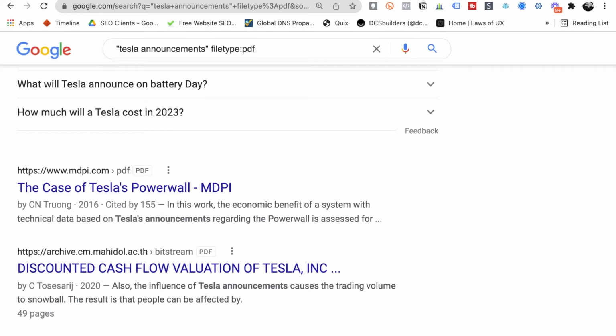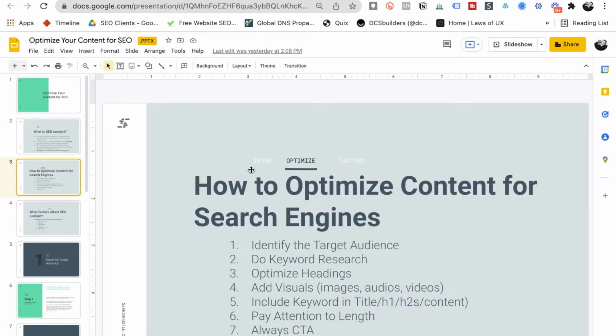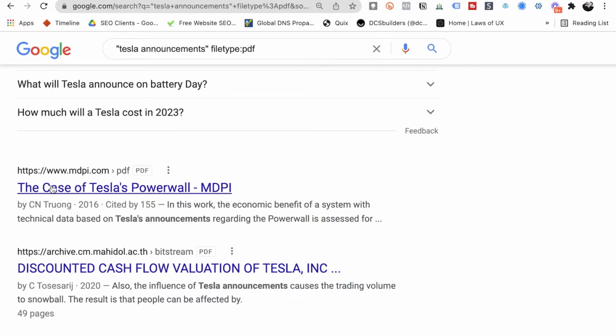And so this is how we want to learn how to use Google. So do your research, optimize your headings. If I look at my different headings here, this is a heading. The meta title here is what we call a heading on a website. Again, if I just randomly hit this page here,